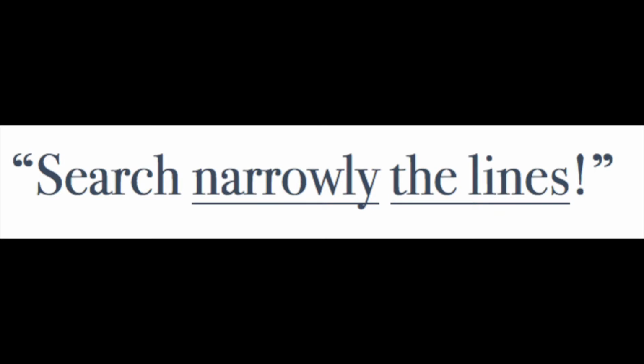In line 5, Poe writes, "Search narrowly the lines." He is saying that Francis Sargent Osgood needs to look closely and in between the lines, so to speak, in order to find her name, which is the main purpose of the poem. In this instance, he is playing with the words in a playful way, which fits into the description of how the figurative language within the poem takes on an affectionate tone.